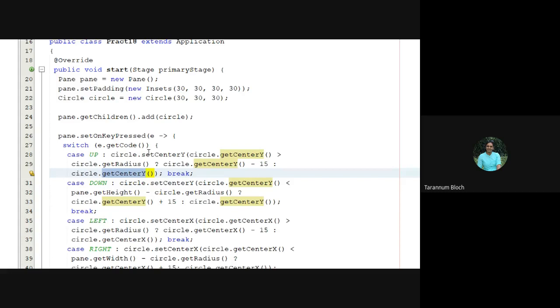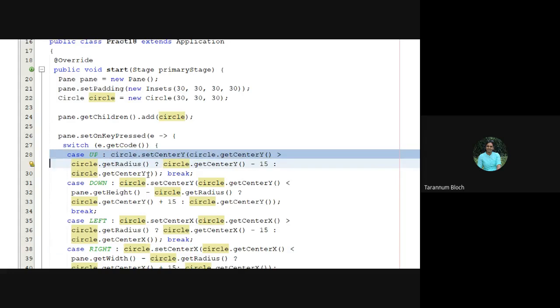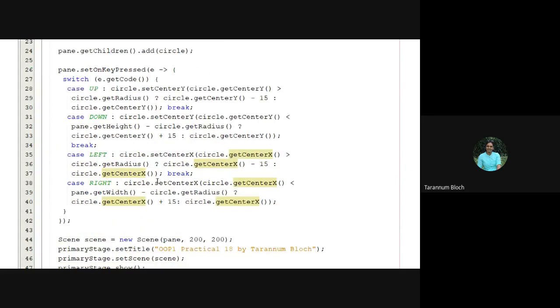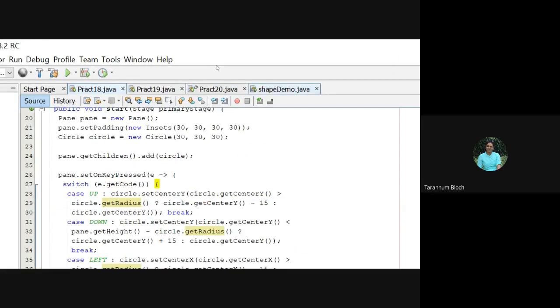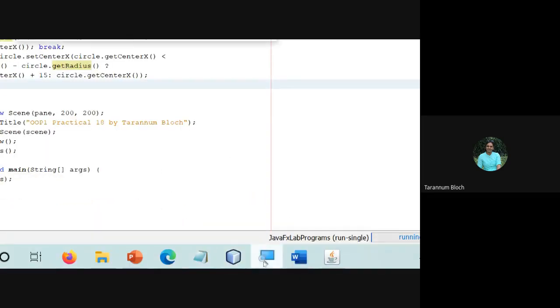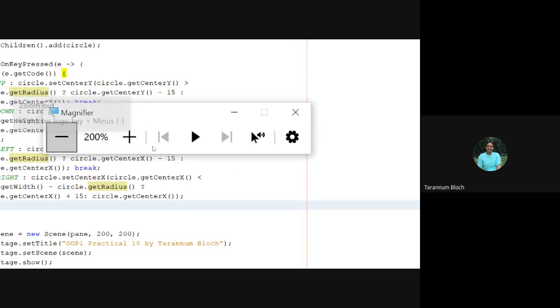And then we used the setters also. So we said set center y, set center x, set radius. So all these are the setter methods. So there are getter methods and setter methods for the circle. We demonstrated in practical 18, so I'm not discussing it, you can just go with that.